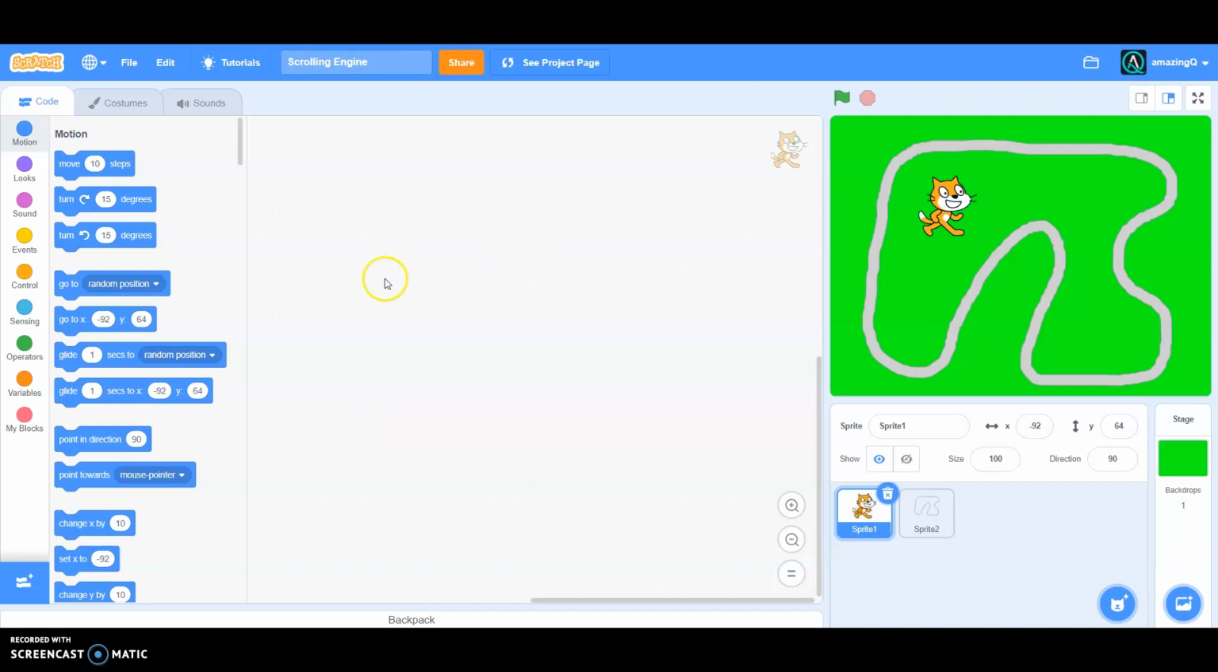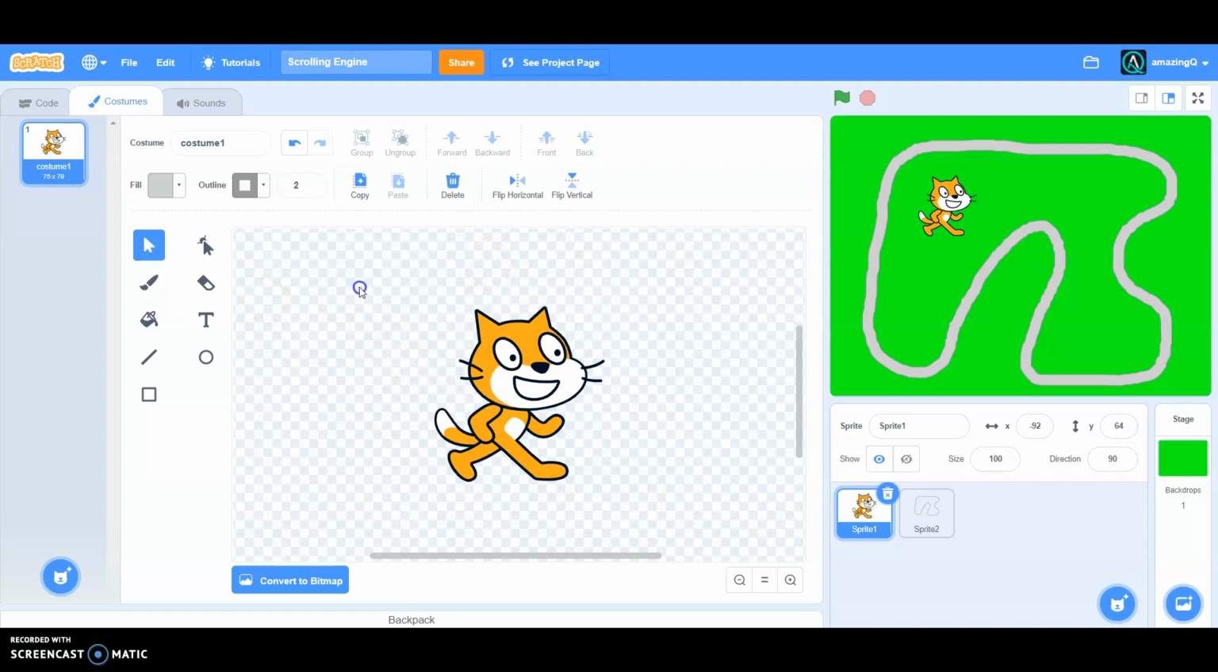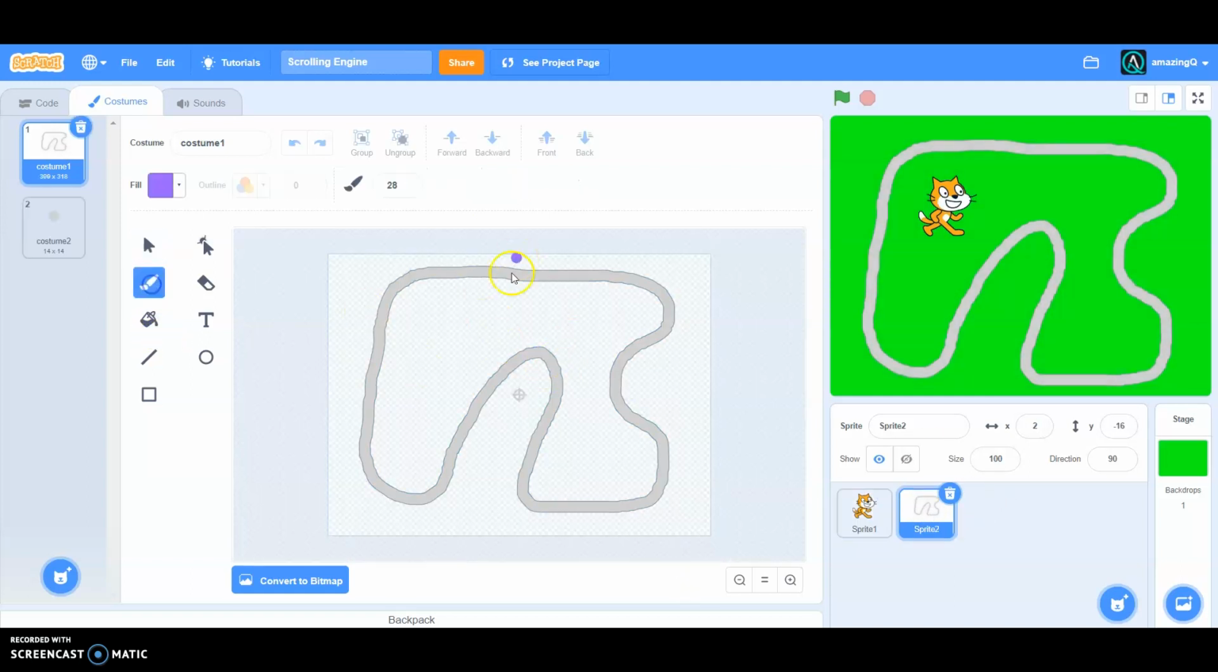Hello everyone, in this Scratch tutorial we're going to create a scrolling engine. So first off you need the player, you need the track, and you need the green backdrop for the grass. Now for the player I just made the Scratch cat smaller, and for the track I just used the brush